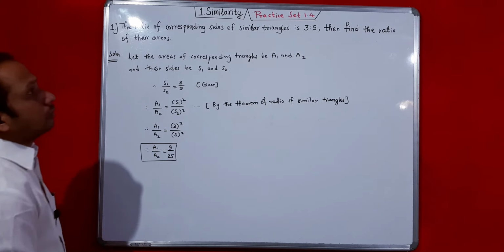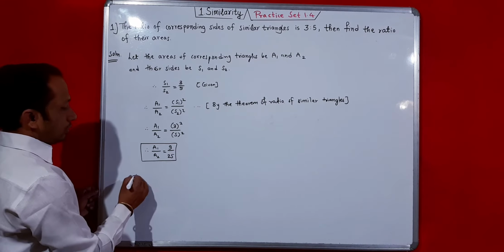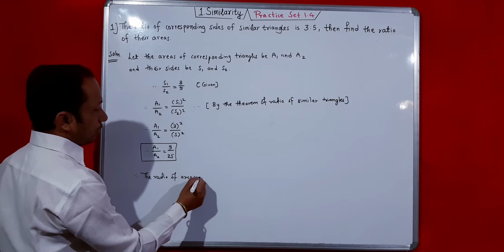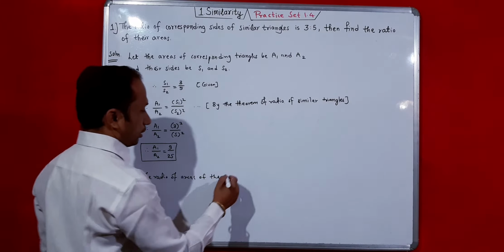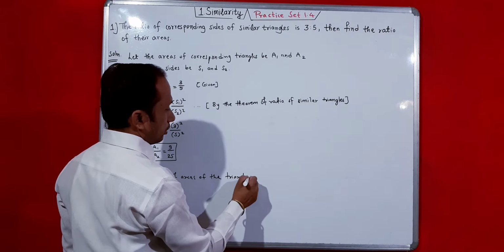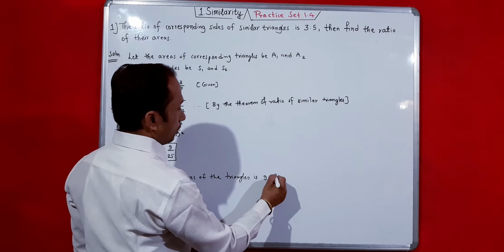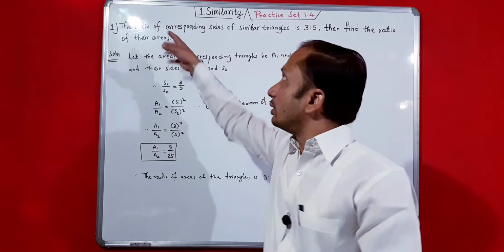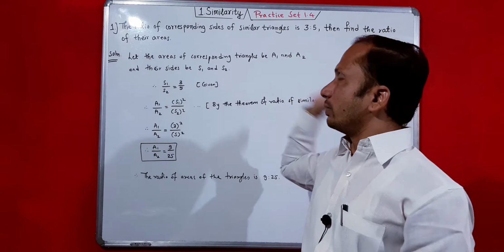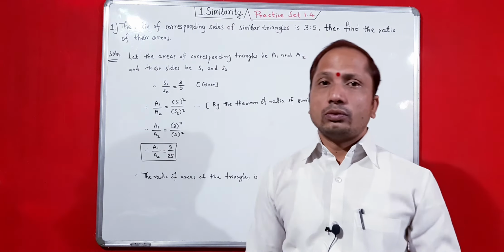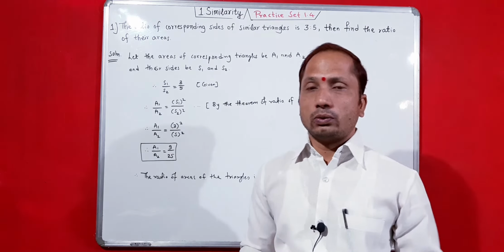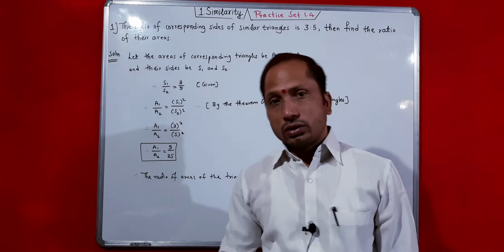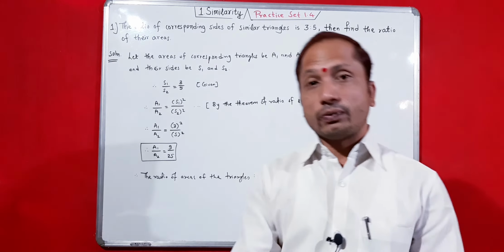So you write in words: find the ratio of their areas. Therefore the ratio of the areas of the similar triangles is 9 by 25. In this way you have to solve this. If it is a word problem, at that time you just consider their areas to be A1, A2 and their sides to be S1, S2 or B1, B2, whatever letters you want, just consider the same letters 1 and 2. And just use this type of property and solve this. So this is the first problem. It depends on you in which way you solve.